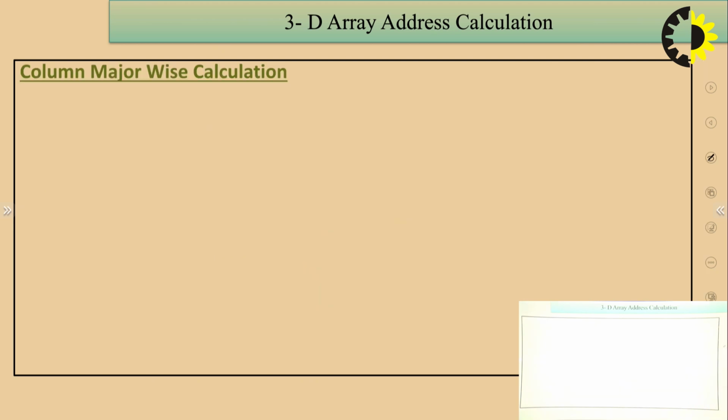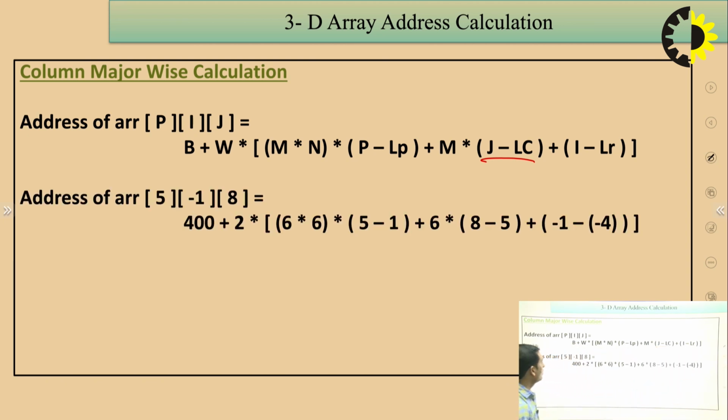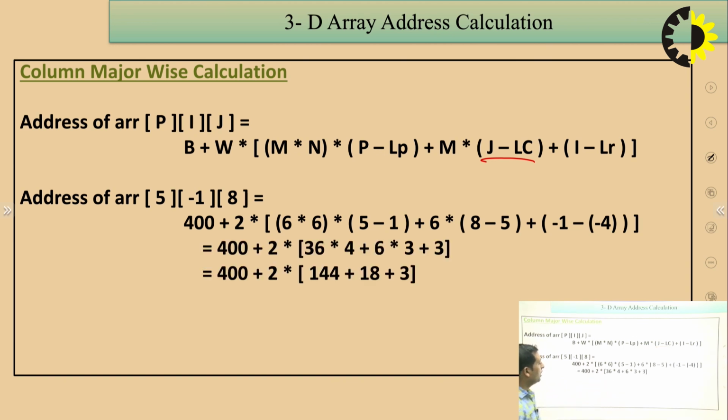Now in the column measure, also calculate by using the formula, that is B plus W into M into N into P minus LP plus M into J minus, now J comes here, column side comes before, then I minus LR. Now put the values for this particular subscript 5 minus 1 and 8, we have put all the values here and